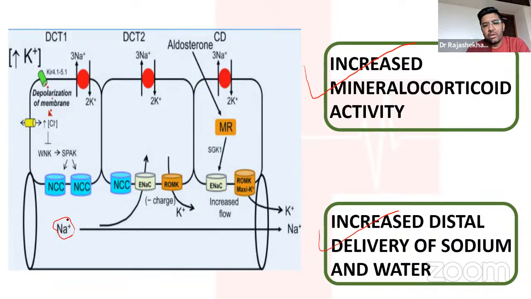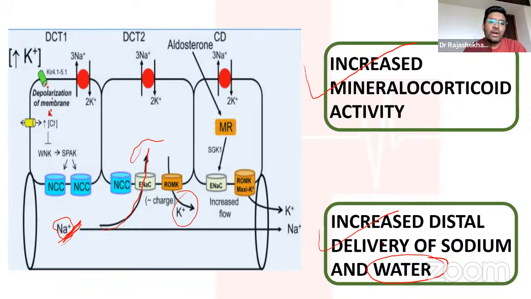This more and more sodium is sensed by the distal tubule and is reabsorbed through the ENaC channel. As I told you, the more sodium reabsorbed in the distal tubule, the more potassium is going to be secreted into the urine. That's why diuretics are a major cause of hypokalemia. Again, the water. If there is increased flow in the urine, like in any patient with polyuria, since the amount of time to reabsorb sodium is decreased, the amount of water is also increased.